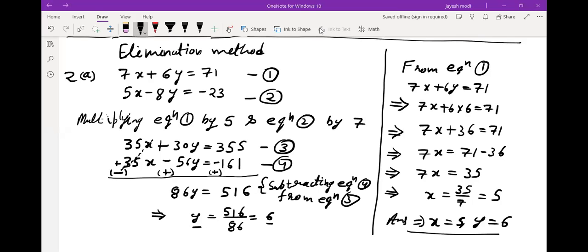So you have understood? Yes, sir. Prajwal, yes, sir. Satvik, yes, sir. Shravanya,